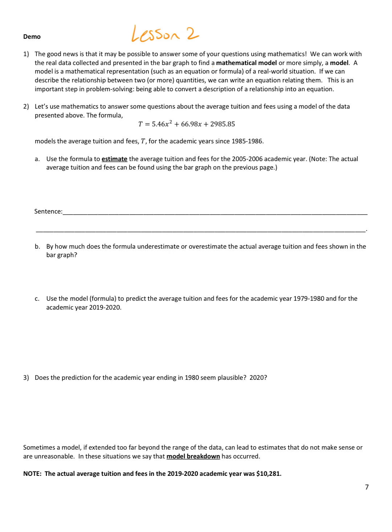So I'm just going to plug in 20 for the x's in the model. So T for tuition is going to be 5.46 times 20 squared plus 66.98 times 20 plus 2,985.85. And I'm going to have a calculator do this for me. And I get 6,509.45. So if I want to write a sentence, I'm going to say the model